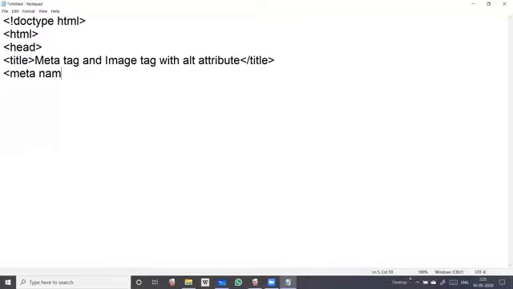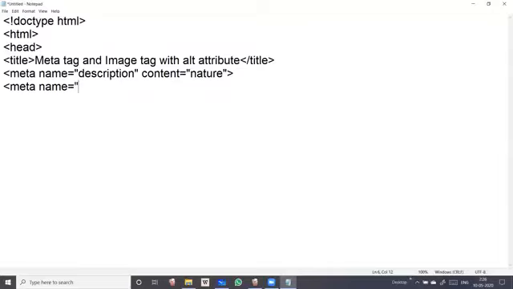Meta name equal to description. Then name equal to keywords.